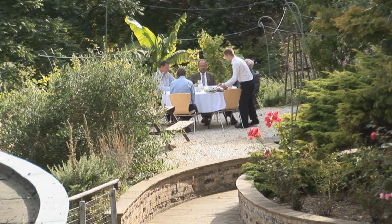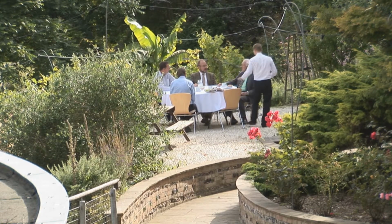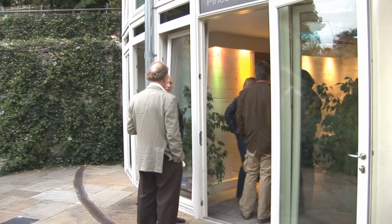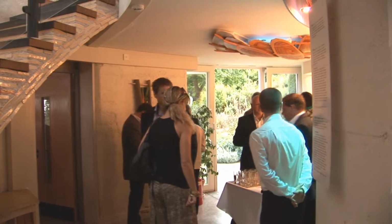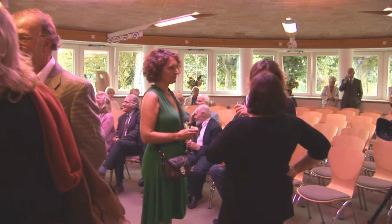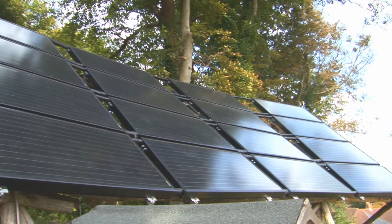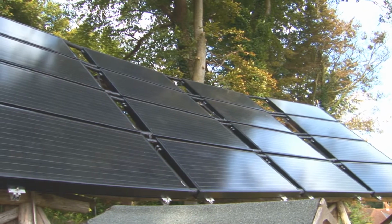Its eco-design makes it the most environmental conference and events centre in Europe. Now, the Pines Calyx cutting-edge heat and power system takes it one step further. It's now carbon negative. We've installed a hybrid solar thermal PV panel system along with a water source heat pump